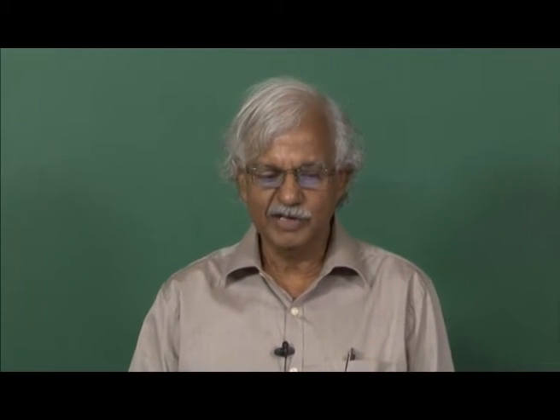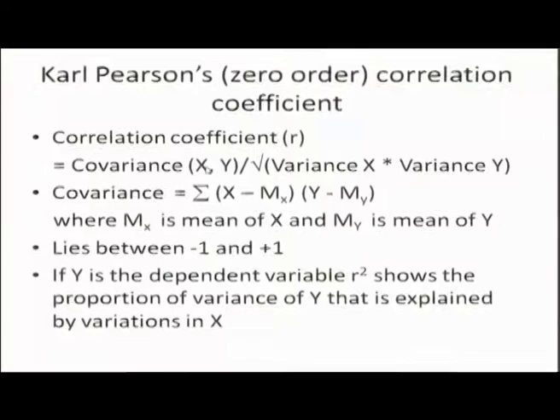So, this is the formula for calculating the correlation coefficient. Its value will lie anywhere between -1 and +1. The absolute value will lie between 0 and 1, and if it is close to 0, it means there is no relationship. If it is close to 1, then it means that there is a high, positive and linear relationship between x and y. The denominator is this, x minus mx, y minus my. Actually, this divided by n should be written here, this is the covariance.